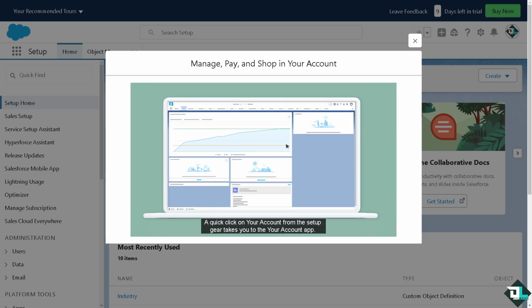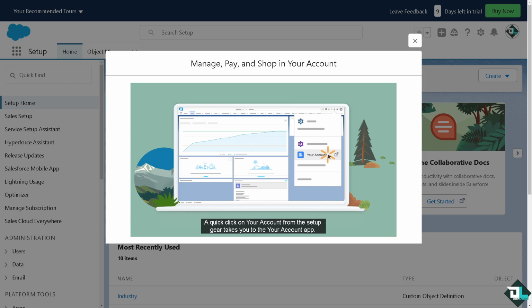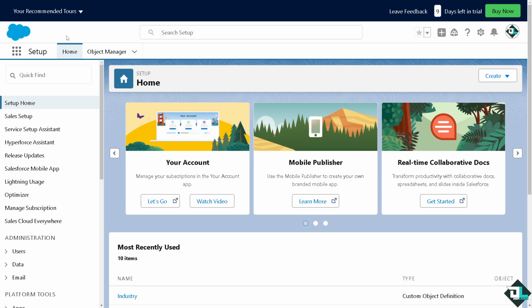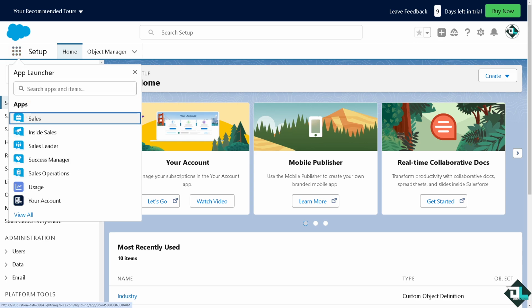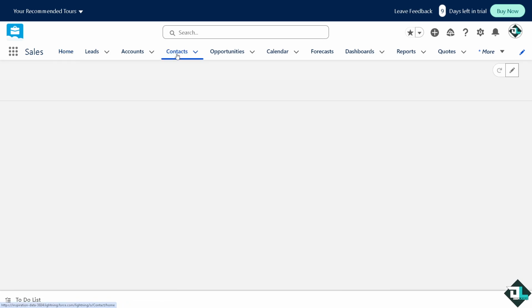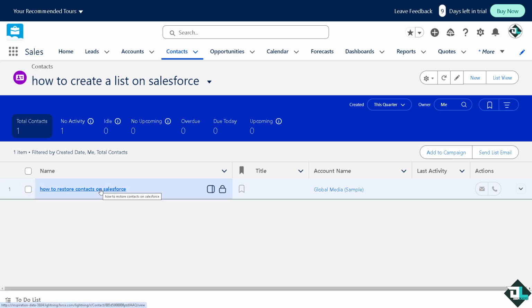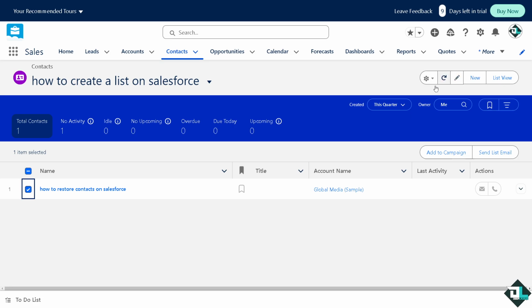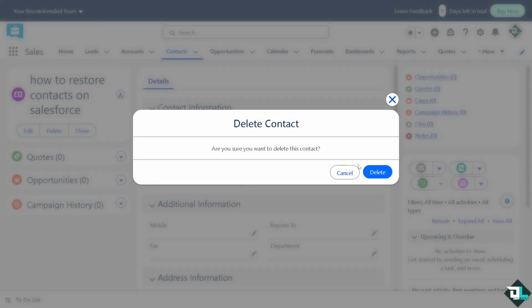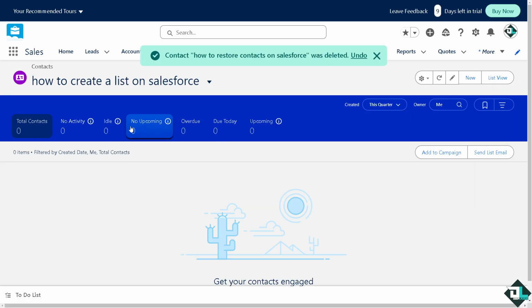Restoring contacts in Salesforce can involve different methods depending on how the contacts were deleted or modified. Okay, so for example, in your contact section, you have deleted a specific lead. All right, let me click all my contacts. This one right here, you deleted that for some reason, or by accident or by intention, right? You deleted that, and for you to be able to restore that, it's relatively easy because all I have to